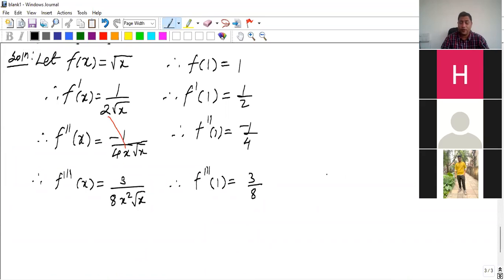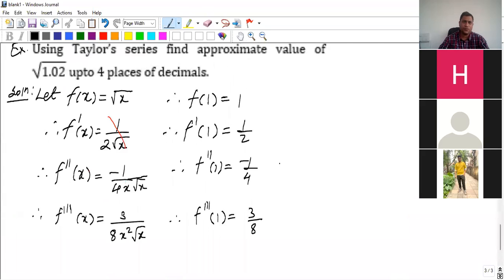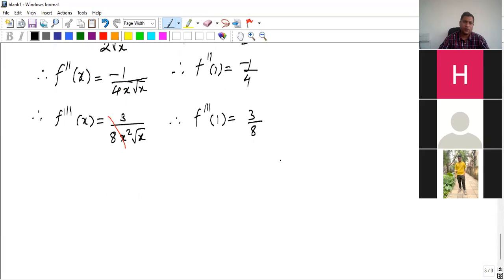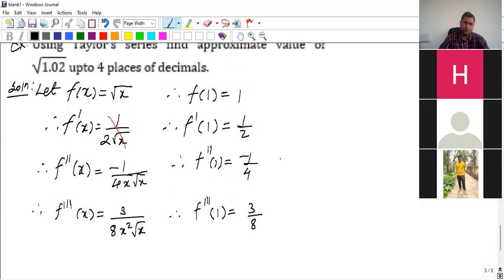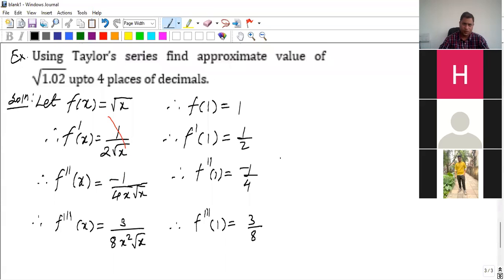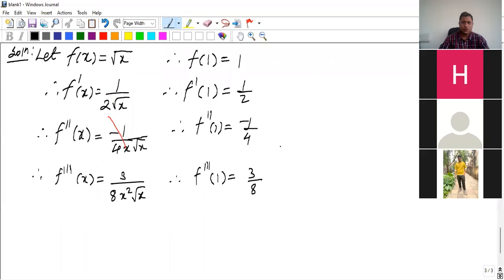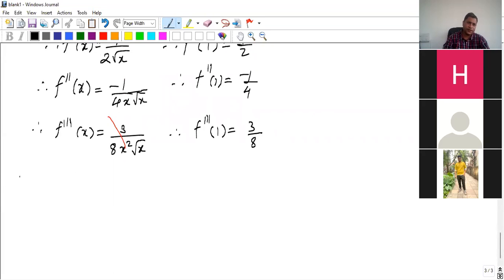We want to find this correct up to 4 places of decimal. So that's why we have to go up to at least 3 derivatives. If you go for more terms, that means you will get a more correct value. Okay, so that's what we'll have. Now let us see what we get here. So by Taylor series, we can write here,